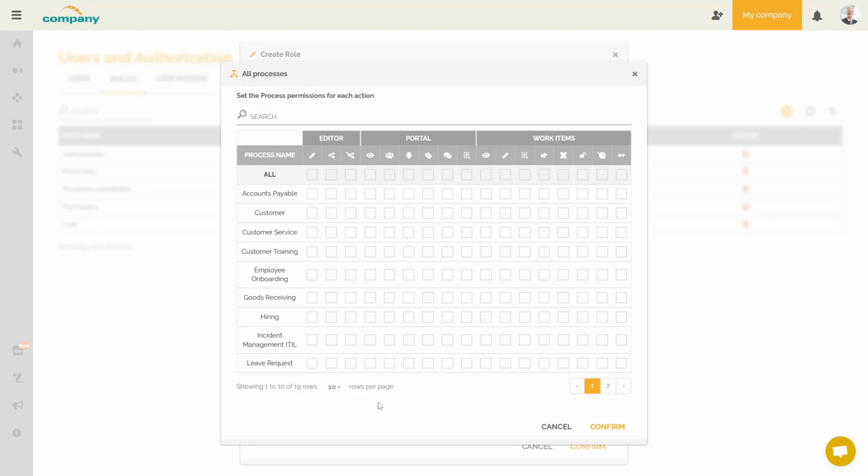In our case, it is the editor part that interests us. We want to authorize the addition, the publication, and the deactivation of the publication for the three processes of the supply chain. We will therefore select these three options for the processes concerned.